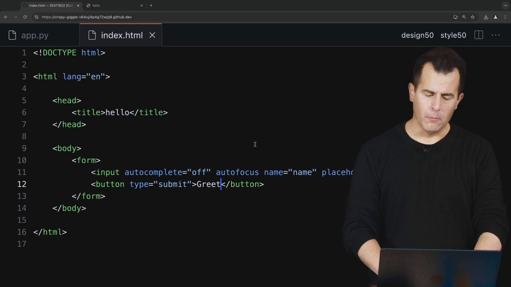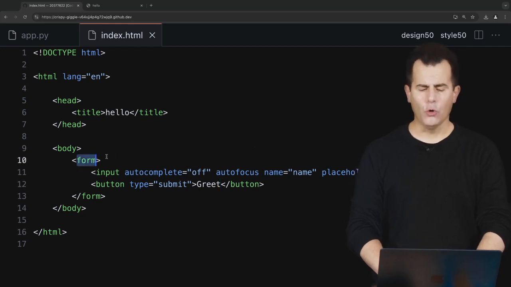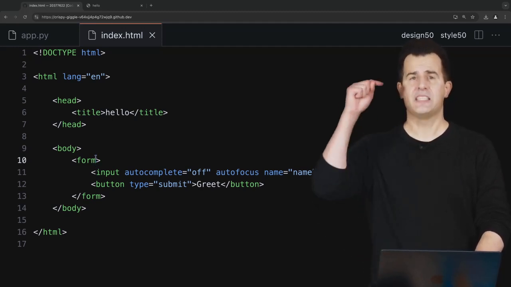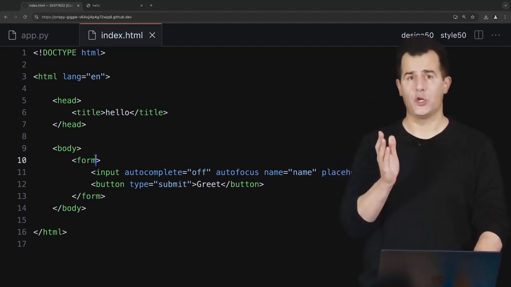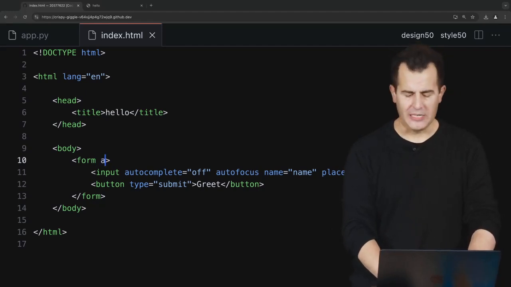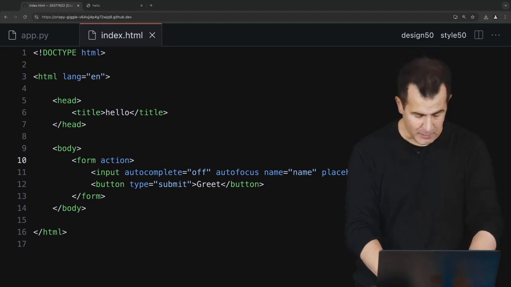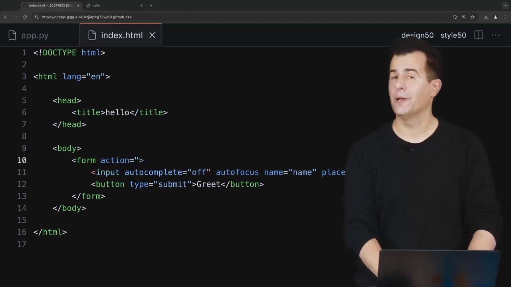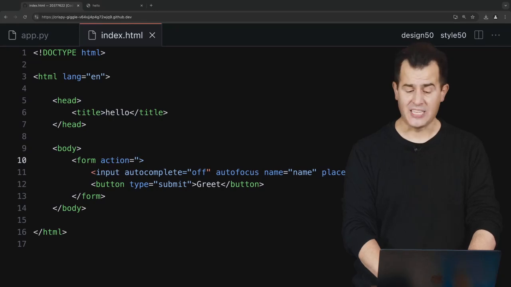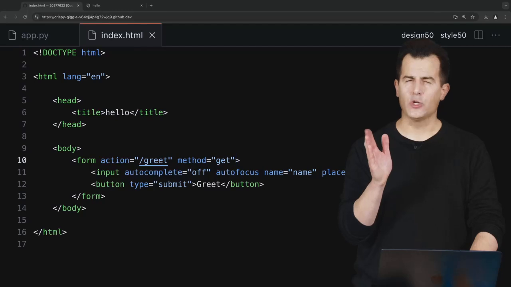Well, this is just a form, which is fine visually, but I haven't told the browser where to submit it just yet. And if I don't specify that, it's actually going to submit back to the same URL, for instance, /, if that's what's serving this up. So if I actually want to change the action that the browser should really take, there turns out there is indeed an action attribute, which allows me to specify where I'm submitting this. And I'm not going to submit it to Google, for instance, this week. I'm instead going to submit it to my very own route, which doesn't yet exist, but it will in a moment, /greet. And the method I want to use is going to be specifically get, in contrast with post,